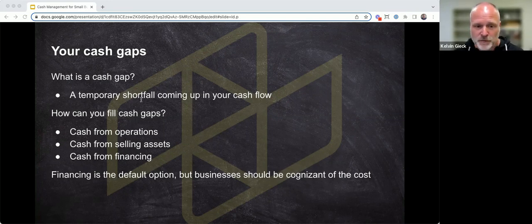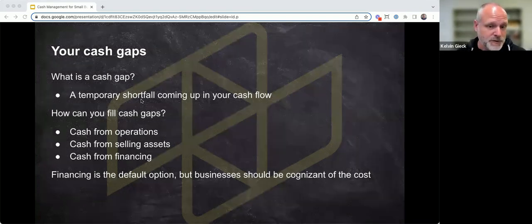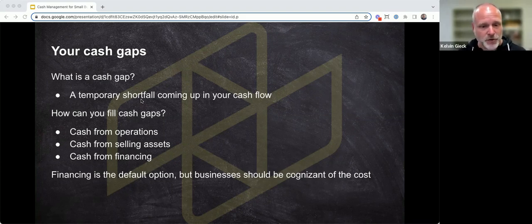And financing can take many forms. It could be credit cards, lines of credit, working capital loans, secured loans on things like inventory or receivables. Or it could be high interest loans that simply are unsecured and carry higher interest charges, or factoring or sales financing. And so cash management can really benefit here, as it will give you the opportunity to see these cash gaps coming in advance. And this is a huge advantage because the sooner you see that cash gap coming, the more time you have to pursue the lowest cost option.